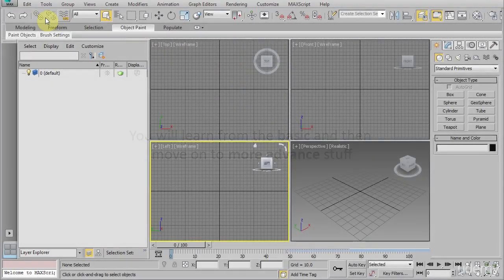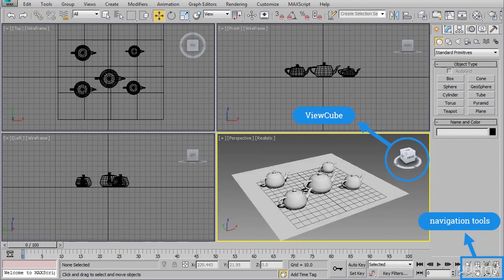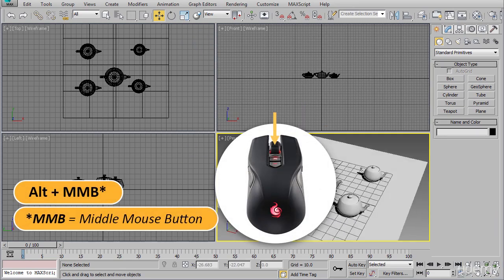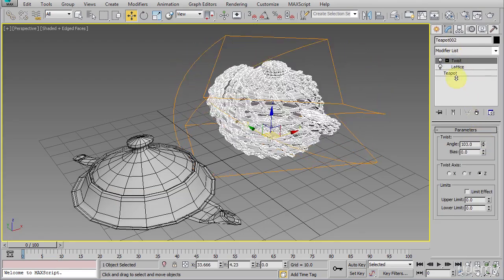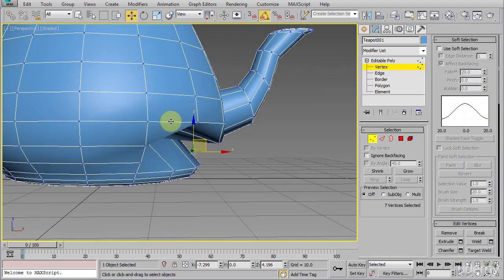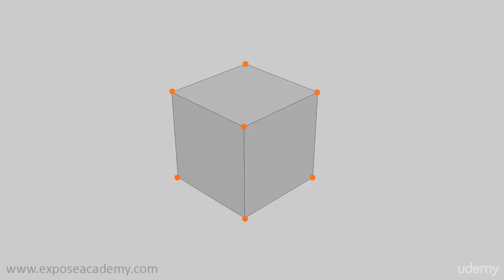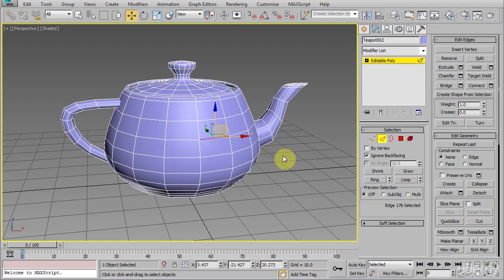We will start by learning the 3ds Max user interface, how to navigate the viewport, creating and manipulating objects in terms of transformation and deformation using modifiers. We're going to learn the difference between primitive versus editable objects. We're going to reveal the important concepts of 3D software in general and those that are specific to 3ds Max.